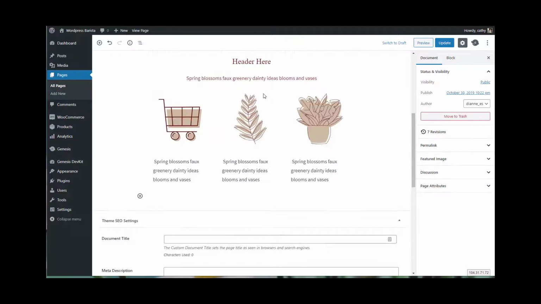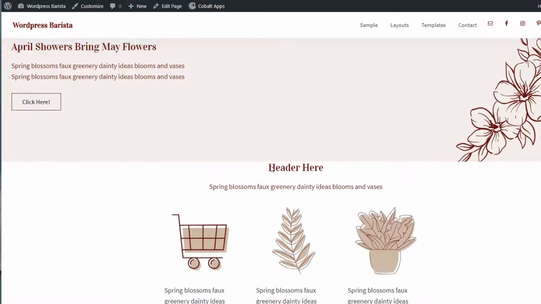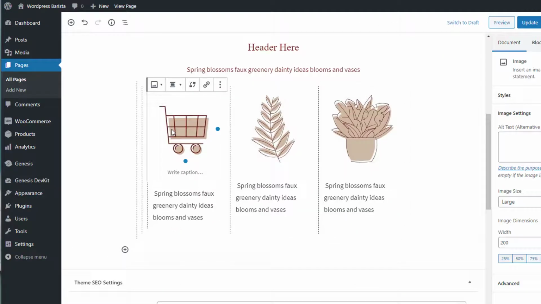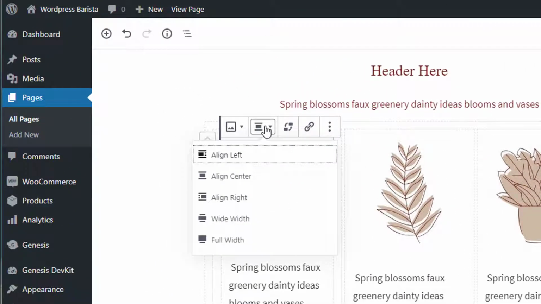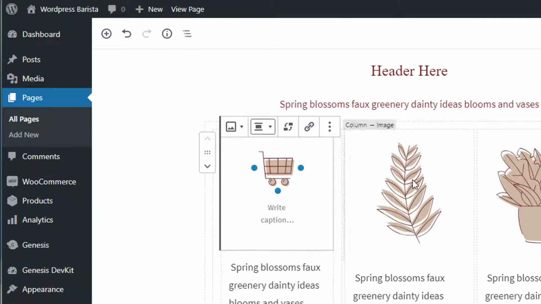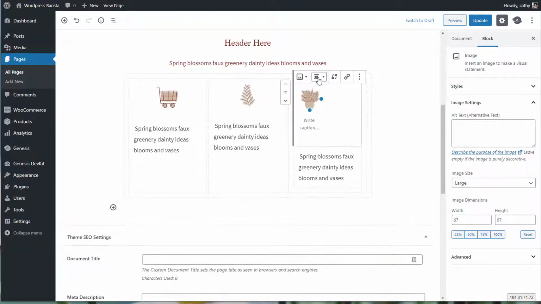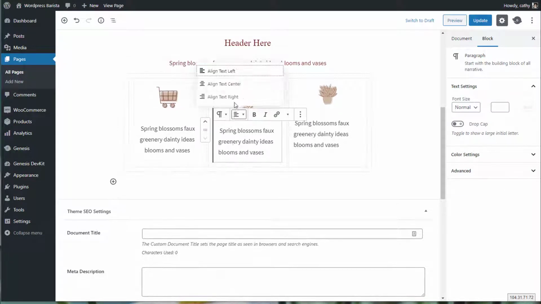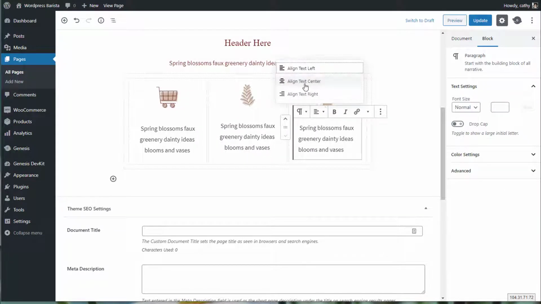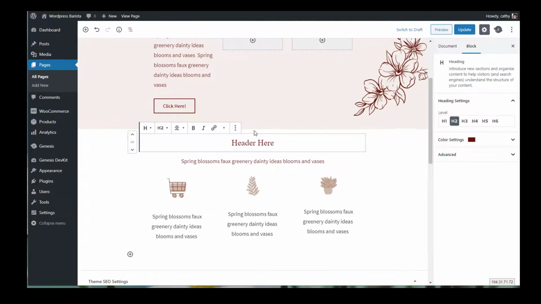So let's just have a look and see how this is doing. I think these icons are way too big. And we also need some space between here and there. So all you've got to do to make these smaller is it'll do that. And then you want to align it center. All right. Okay, and then we also saw that this definitely needs